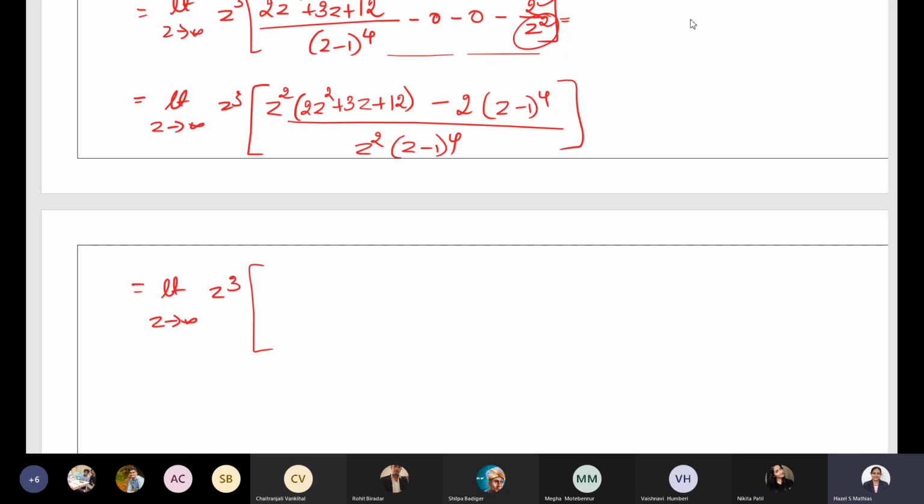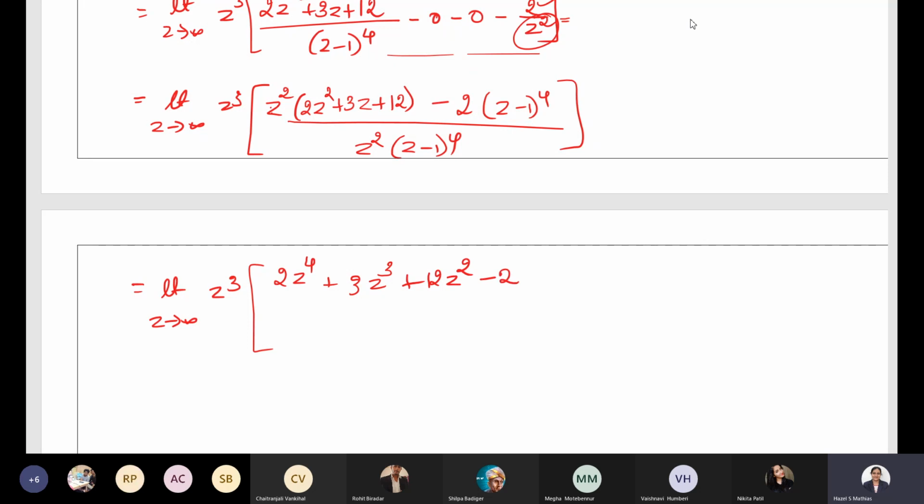After taking the LCM, let's multiply this. z square into 2z square, it will be what? 2z power 4. Am I correct? z square into 2z square is 2z power 4. Then z square into 3z, it will be 3z cube plus 12z square minus 2 into, what will be